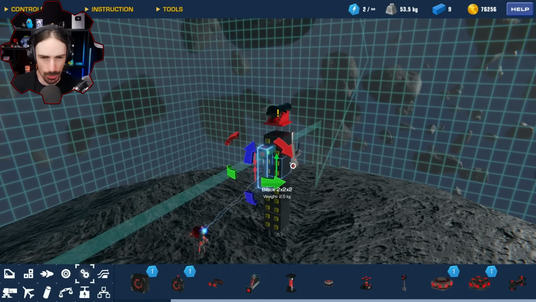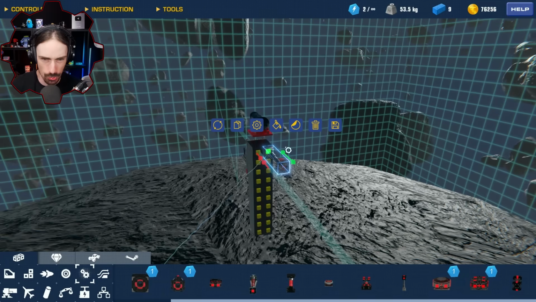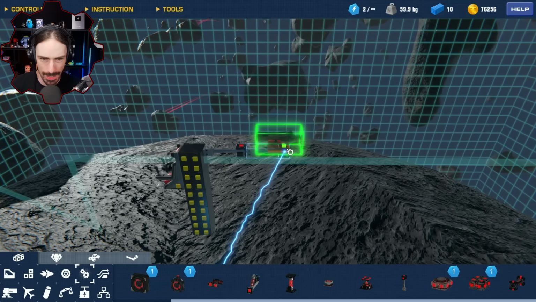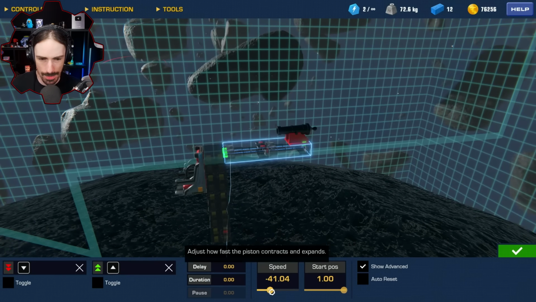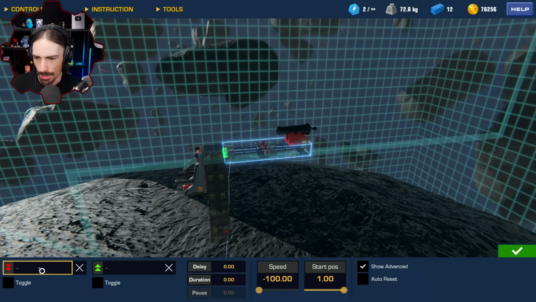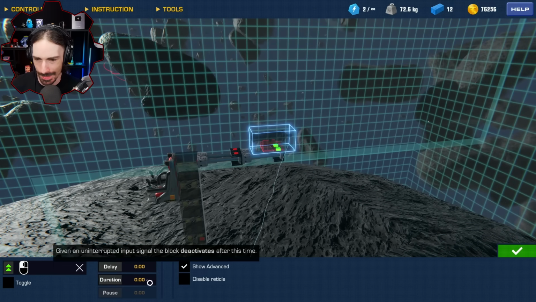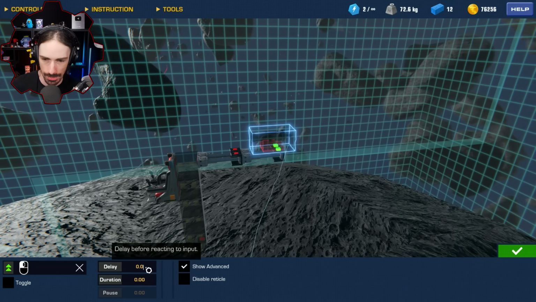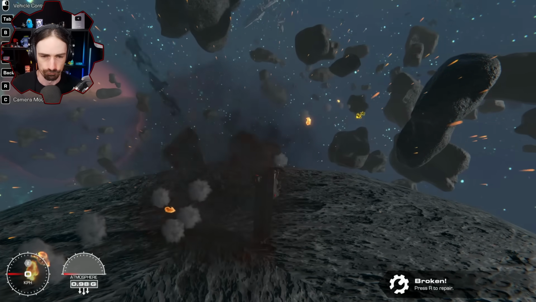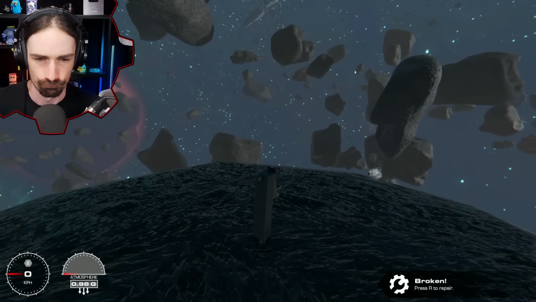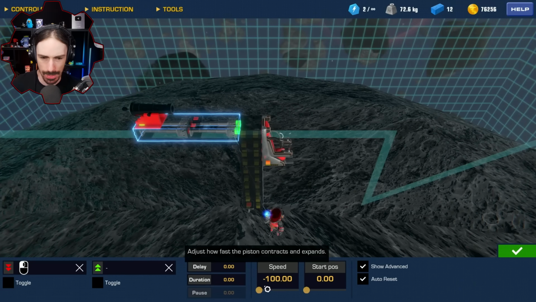All right, you guys ready for prototype number 1? So the way this works is we add two pistons. We add the cannon to the two pistons. I'll add 4 pistons. You put the pistons on a -100 speed, and then you press the button to fire the pistons, and then this thing is going to be on a delay of 0.02. All right, and now we should have a slow cannonball. I don't know what happened. All right, let's adjust the speed of these, and let's say a